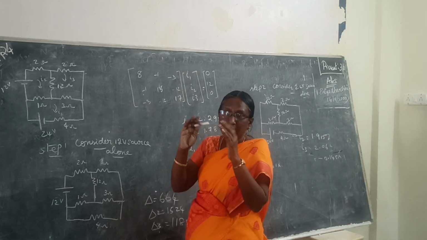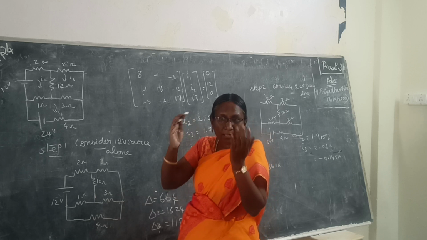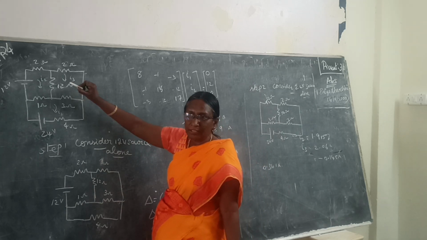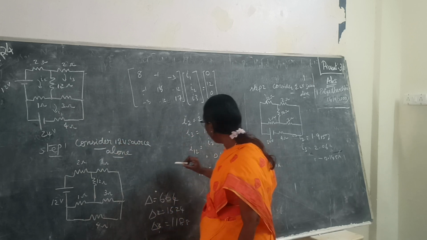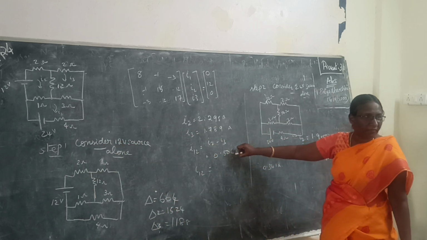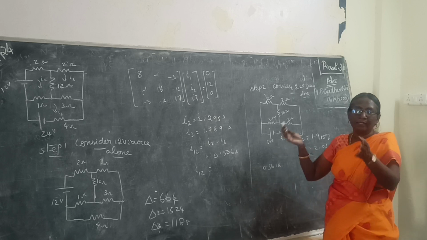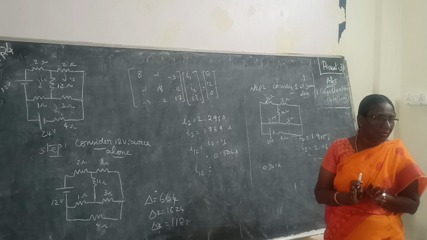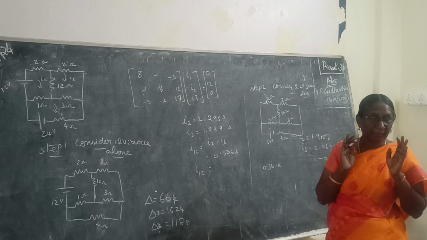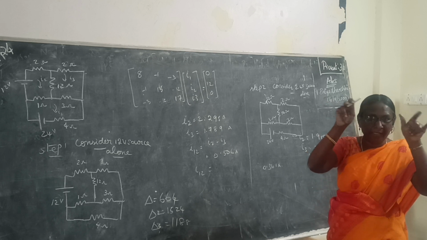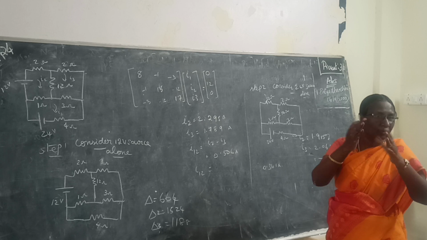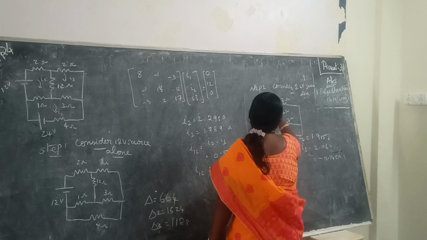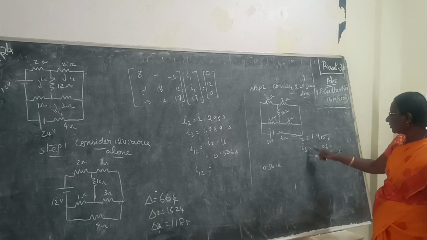Then the net overall response. The overall current flowing through 12 ohm resistor is found by considering both cases, isn't it? So once you add these two currents, you get one value, and that is the current flowing through 12 ohm resistor. Understood? Now, what you can do is use the mesh analysis we do, and if you find the 12 ohm current that way, both should be equal. Okay? So the current flowing through 12 ohm resistor, using the 24 volt source, is